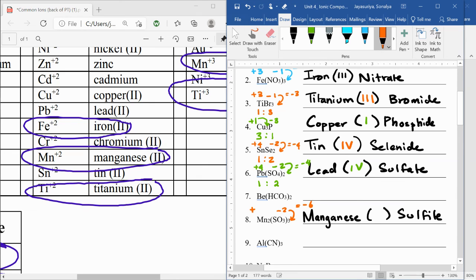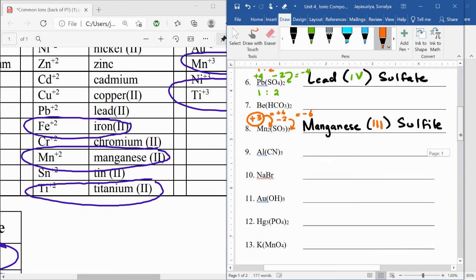And the only thing that can give you something times 2 equal to plus 6 is going to be plus 3. If it was plus 2, it would be 2 times 2 equals 4. That is incorrect, okay? You need a plus 6 to balance out the negative 6, so it has to be plus 3 right there. So this is manganese 3 sulfite, okay? Then the next one is